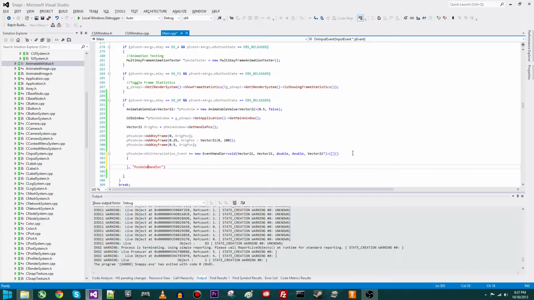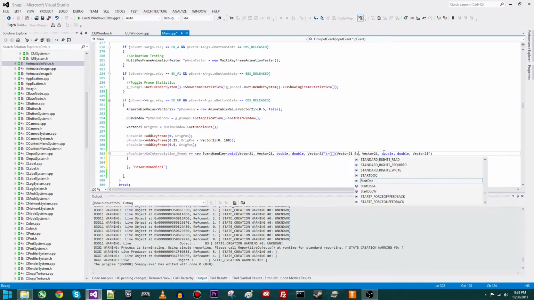position anim handler 1. Now remember, this is a friendly name that will allow you to unsubscribe at a later point. So we'll be able to unsubscribe from this event using this name here. That's what that's for. And let's go ahead and give the signature. Well, we already know the signature here. So these are the parameters that are passed into our lambda function here. So let's give them a name so we can access them. So start position,